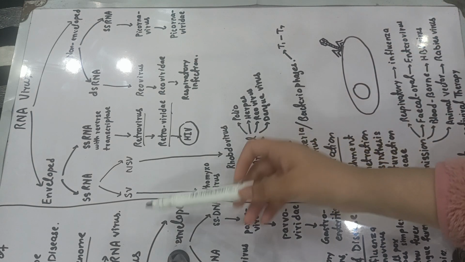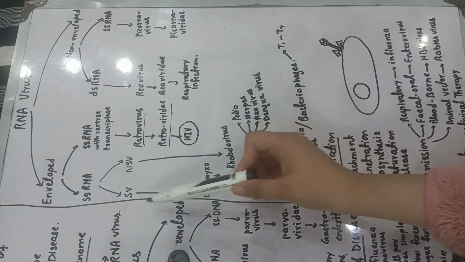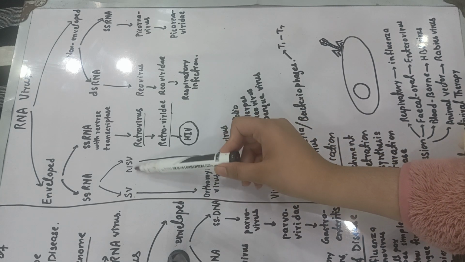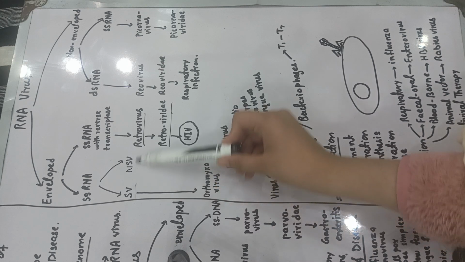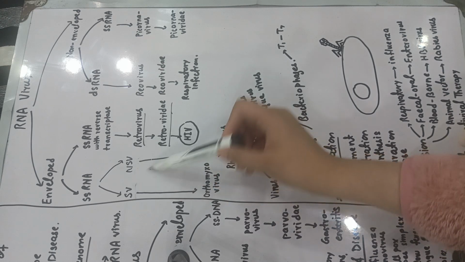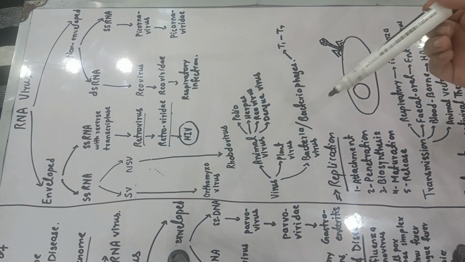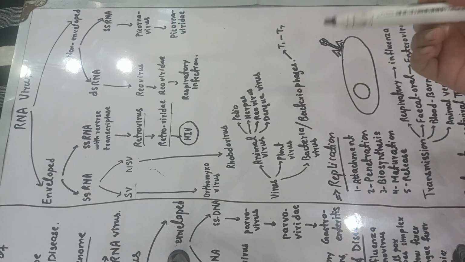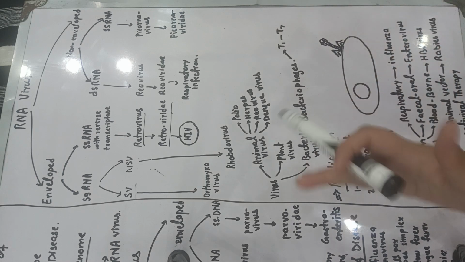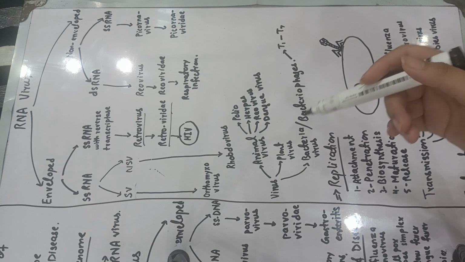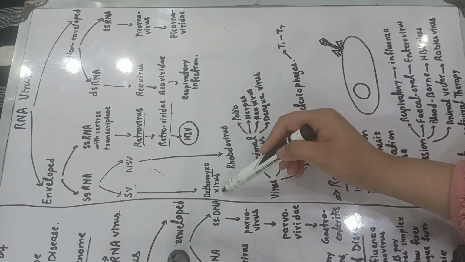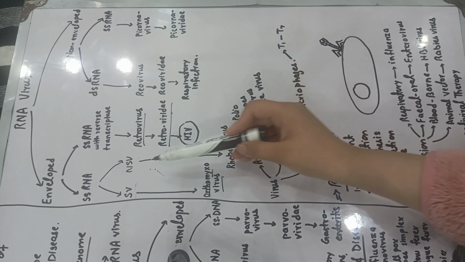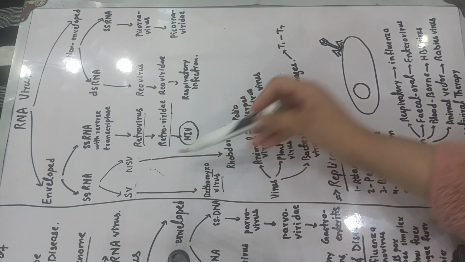Now let's discuss the single-stranded RNA. It is composed of segmented and non-segmented viruses. There are some viruses which have segmented RNA. Segmented means the RNA is divided or cut into parts. An example of these is the orthomyxovirus, and an example of non-segmented is